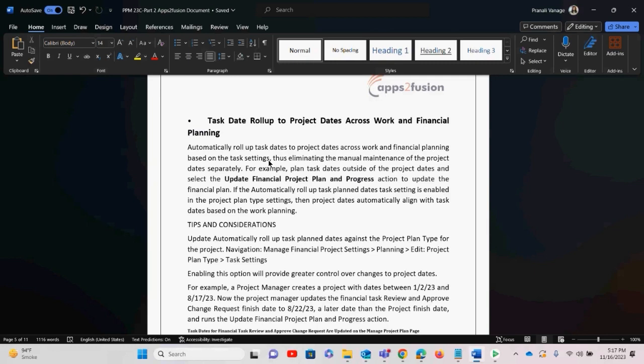Say, as an example, I have planned a project from 1st Jan 2023 to 15th November 2023. Now, because of some changes, the end date has shifted from 15th November to 18th November. So there has been an addition of 3 days. With this update, I need not change each and every task manually. So with the update financial project plan and progress action, once I do this,